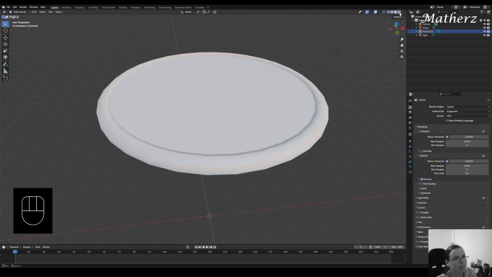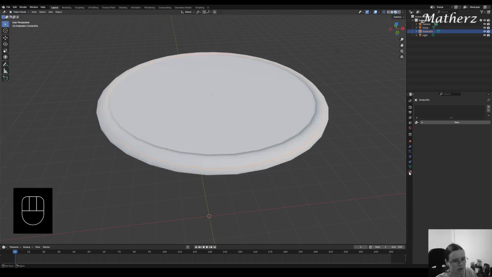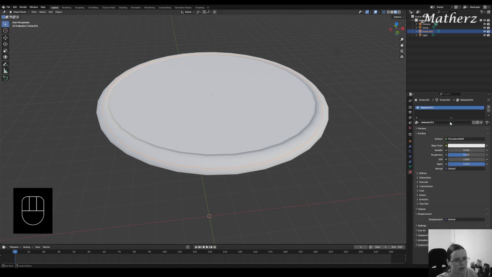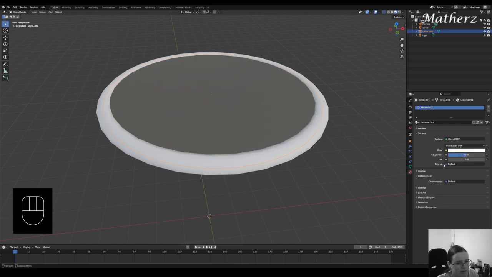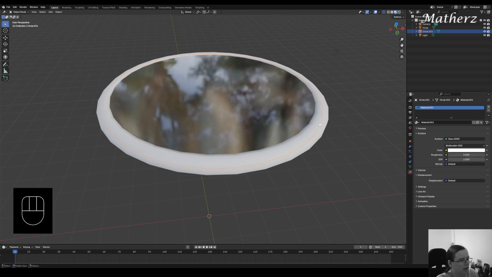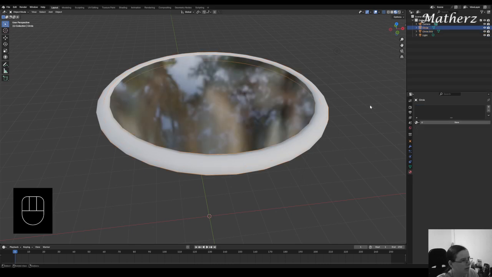So with this one, we're going to need glass texture. So let's go ahead with the new tab right here on materials. Let's go Principled BSDF to Glass BSDF. Take down that roughness so we've got that nice mirror. And then on the outside right here where we've got the circle, we're going to go new and we're going